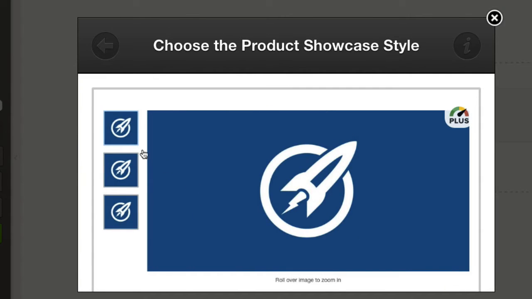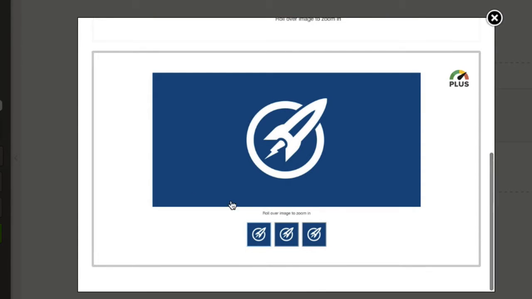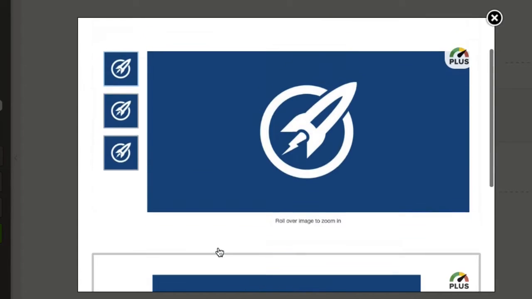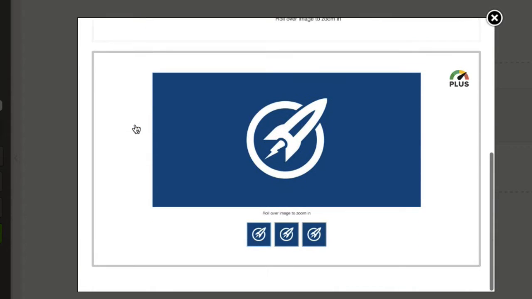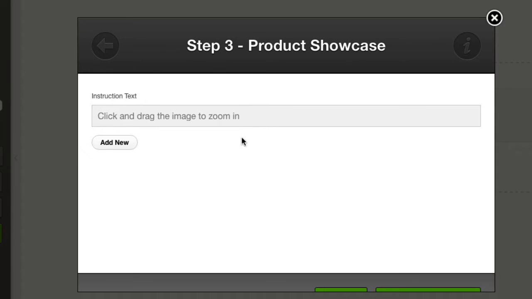And there's two options. We have this layout where the thumbnails are underneath, or the thumbnails are on the left hand side. Now, depending on which one you choose and how many images you want to show may depend on this style. So if you had more images, you might want to choose this style because you can get more thumbnails across the bottom. So I'm going to choose the top version, and we've got some instruction text to put in here,